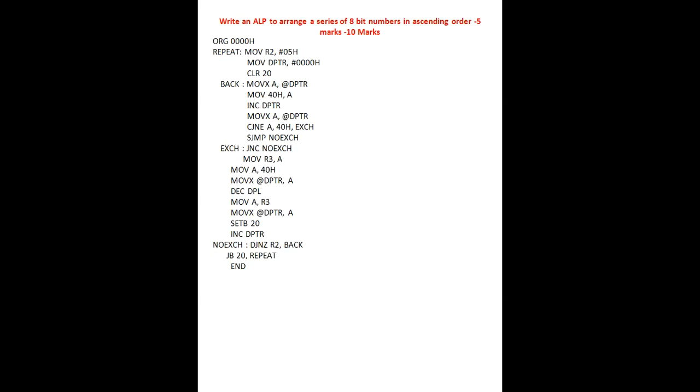Arrange a series of 8-bit numbers in ascending order, sometimes a 5 marks or 10 marks question. It's the same as finding the smallest number, but every number is compared with the previous numbers, and finally it is going to exchange the numbers, so the lesser goes first and the larger number comes next. It is the same program I explained previously, only the numbers are going to change. The same thing in reverse manner gives descending order. Here again start with ORG 000H and perform the same operation, but compare with the largest number; the largest goes above, and the smallest number comes below.